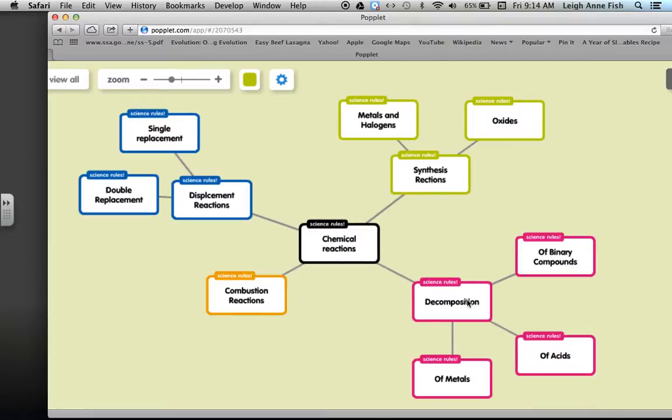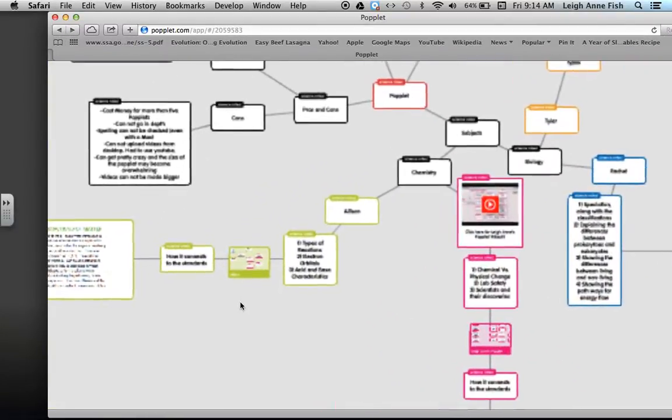And then down here on decomposition, I put these opposite each other because decomposition is breaking apart of different things, and I would show them how you break apart into acids, metals, and binary compounds. Then over here I have a special section for combustion. It's in yellow because combustion reactions involve fire and heat, which is kind of a yellowy color, so that's why I did those ones. And then if we go back to the main Poplet,